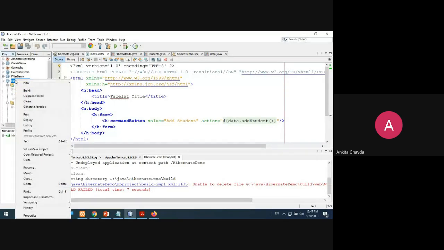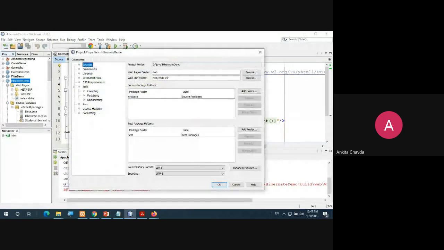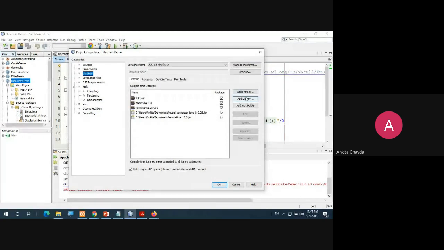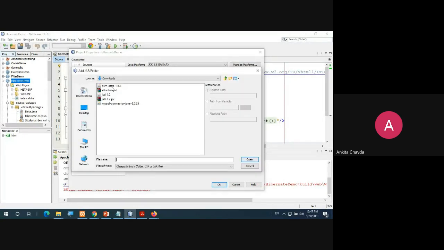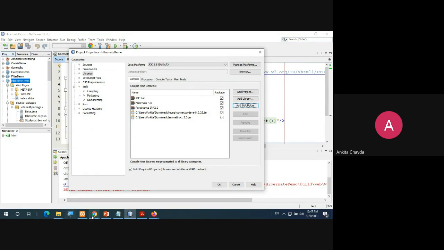You can go to properties, right? Libraries, add jar. So recently we have downloaded. There it is.